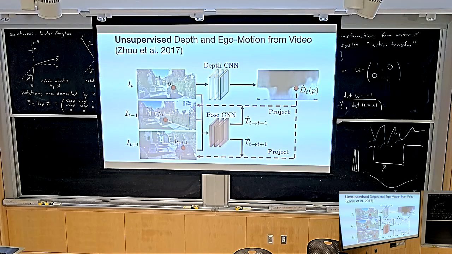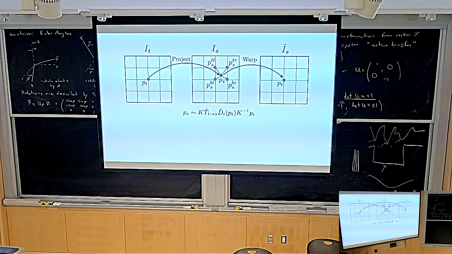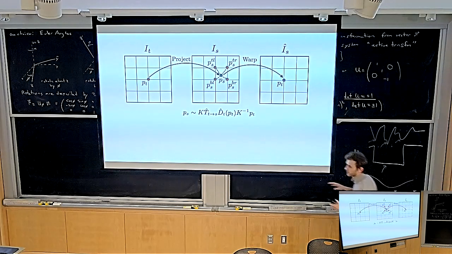And then how do you train it? You just train it by comparing it to the true image, which you do have. You don't have the true depth map, you don't have the true pose, but you do have the true image. And so it turns out you can train that. You just use lots of videos. You need nothing else other than the camera intrinsic parameters. But if you have the camera intrinsic parameters, you can just train this whole thing on a big video data set. Cool. So how does this depth warping actually work?